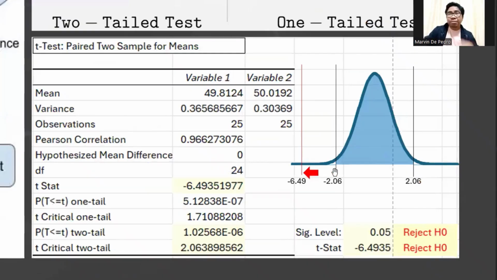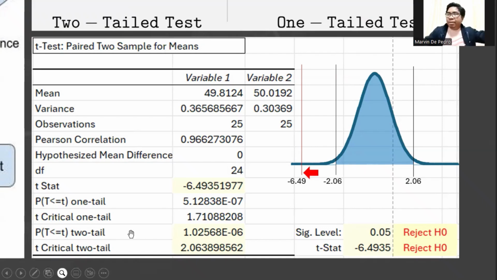Here's a very quick illustration. Assuming we are handling a normal data distribution, this is a normal curve. If our t-stat falls within this range from negative 2.06 up to 2.06, then we accept the null hypothesis, which says there's no significant difference in the things that we compare.